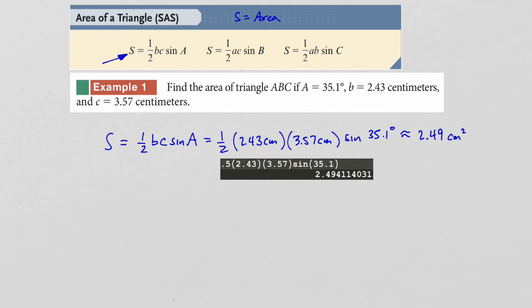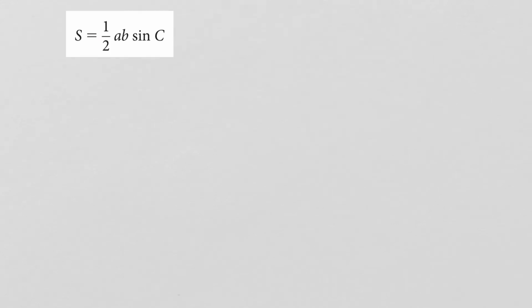Okay, let's take a look at another formula. So here I have one of the 3 formulas from the previous page. Area of the triangle is 1/2 A times B times the sine of C. And I want to try to get a different formula. Let's remember that from the law of sines, we know that A divided by the sine of A is equal to B divided by the sine of B. And if I multiply both sides by the sine of B,